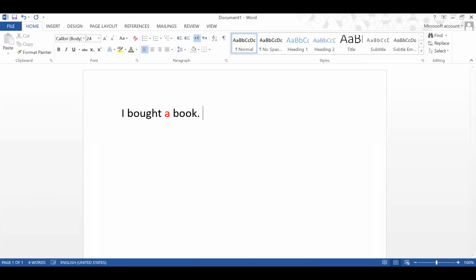I said I bought a book. I want to give you another piece of information about that book. So for you, the book is known now, and you will know which book I'm talking about. So I would say I bought a book. Then the book